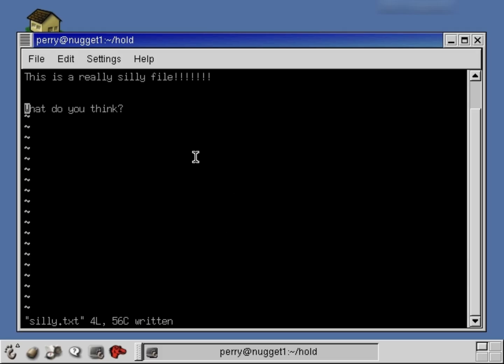If you want to do something like delete a whole line of text, you can just hit DD here, and then the whole line of text disappeared. So while we were in command mode, you hit DD and that whole line of text disappeared. All right, so that's the kind of things that VI has. It has all these little shortcuts like DD to delete a line, and you can put numbers in there to delete more lines. And just find a tutorial on VI, look at the man page for VI, and you'll learn